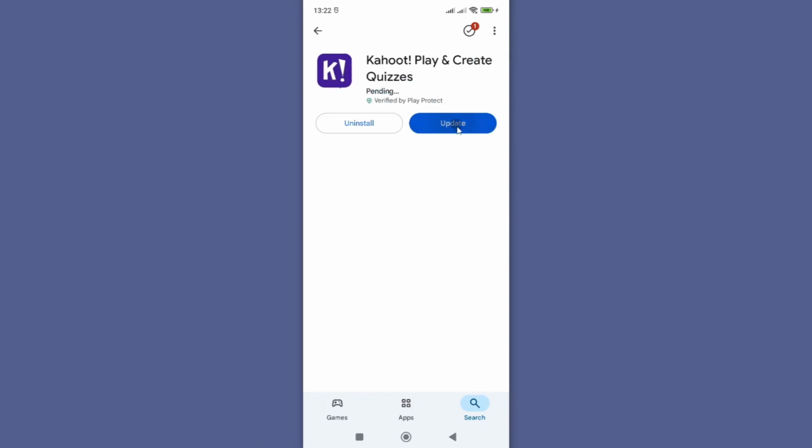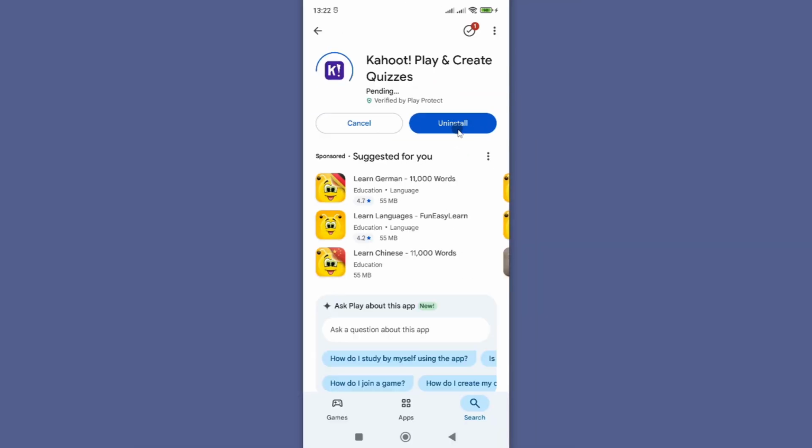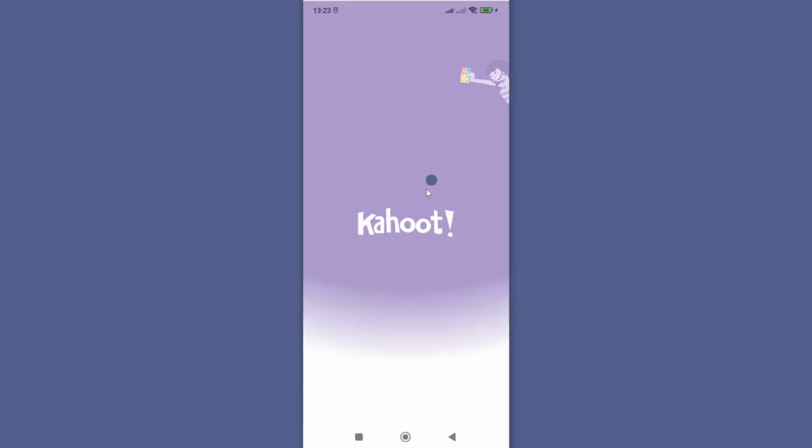To update it, go ahead and tap on update, and this will go ahead and download the latest version of Kahoot app and then install it on your smartphone. Once this has been installed, you can now proceed and tap on open to start using the latest version of